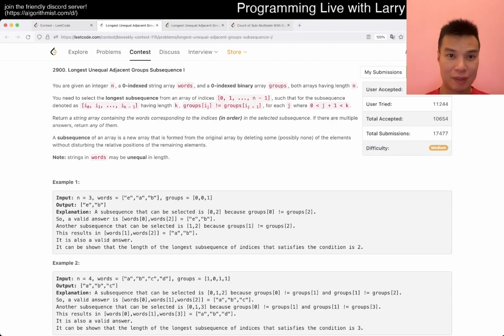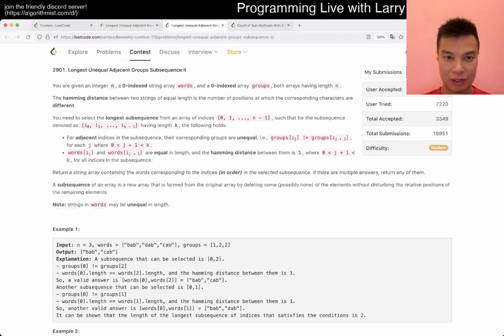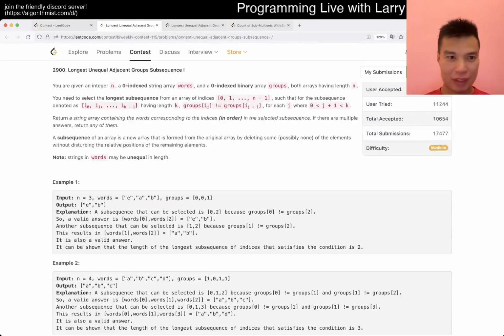Let's take a look at this. What is the difference between Q2 and Q3? I don't know actually. Okay, let's just look at Q2 then. Given an integer n, and okay, words and groups, okay, the longest subsequence from an array of indexes such that, okay, not sorted, but the in-order subsequence having length k and group sub j is not equal